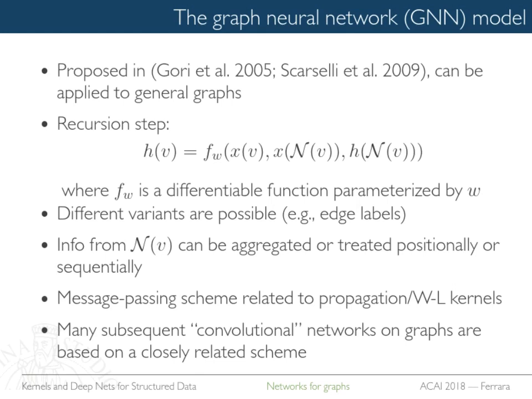Another variant is what? Well, this is a set. The neighborhood is a set. Is that ordered? Is that positional? You know the difference between ordered graphs and positional graphs? Okay, so positional is, let's say, binary search trees, the ones you studied in the first year of the university, right? Then you have a left and a right child. This is positional because you know one is left, one is right.